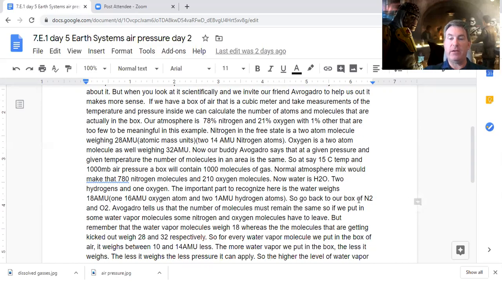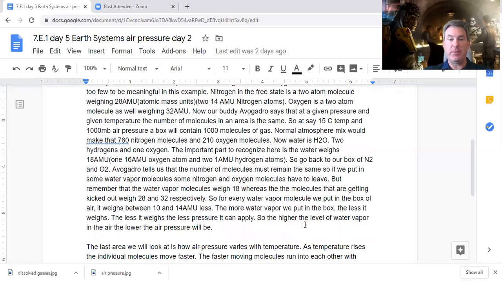So go back to our block of nitrogen and oxygen. Avogadro tells us the number of molecules must remain the same given a certain temperature and a certain pressure. So if we put in some water vapor molecules, some nitrogen and oxygen molecules have to leave. Remember, the water vapor molecules weigh 18, whereas the molecules that are getting kicked out weigh 28 and 32 respectively. So for every water molecule we put into the box,